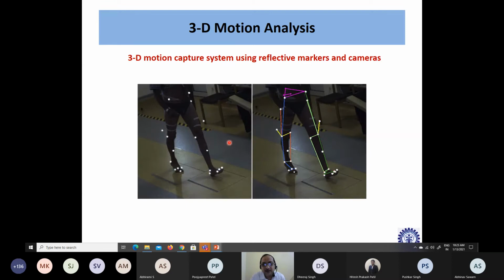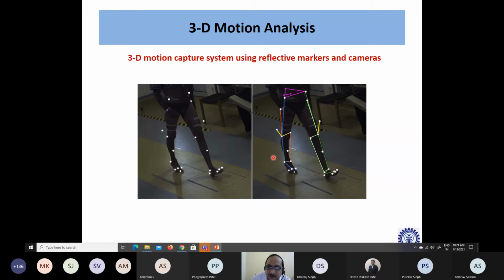A typical example, as in the real world, you can see yourself that there are markers on the feet, on the ankle, on the tibia, and then at the knee joint. Also, as we move from the lower part of the body towards the upper segment of the body, there are more markers